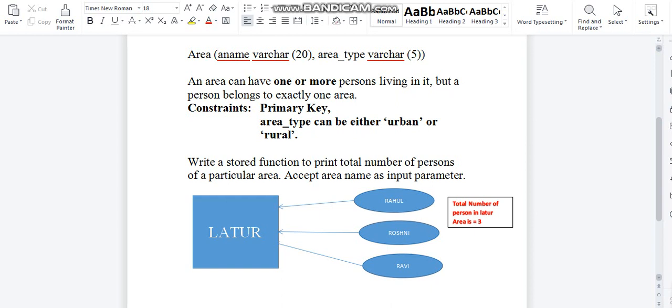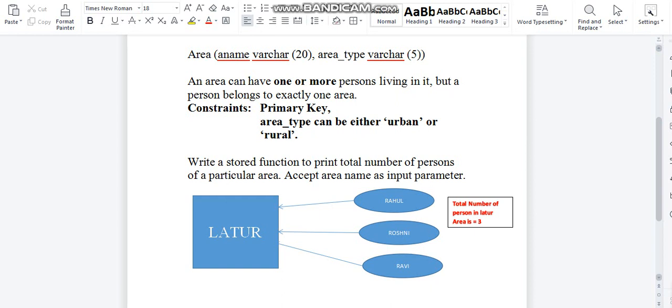In this diagram, Latur is a particular area, so we have to give the total number of persons living in this Latur area. You can see Rahul, Roshni, Ravi. These are the 3 persons who are in the Latur area.